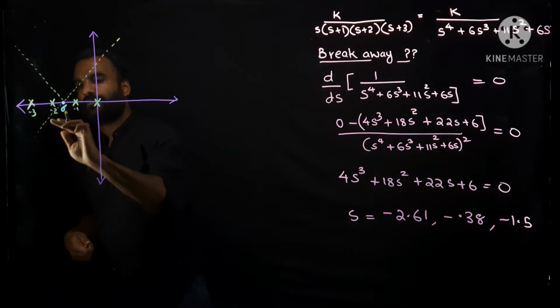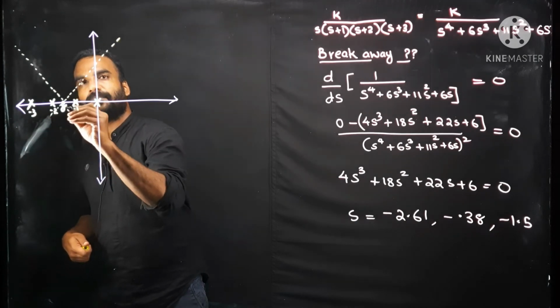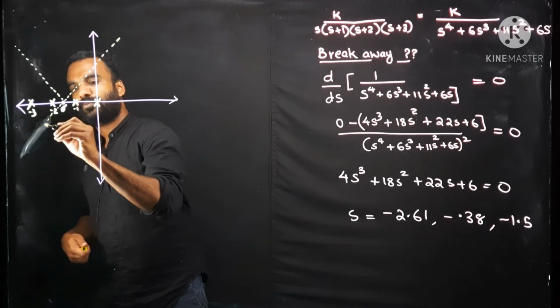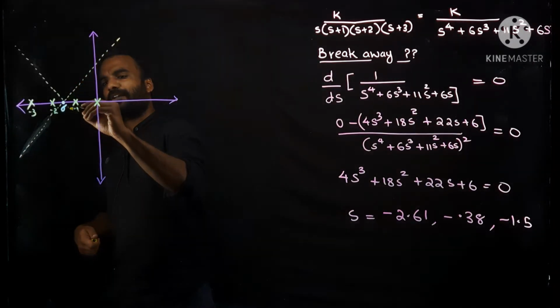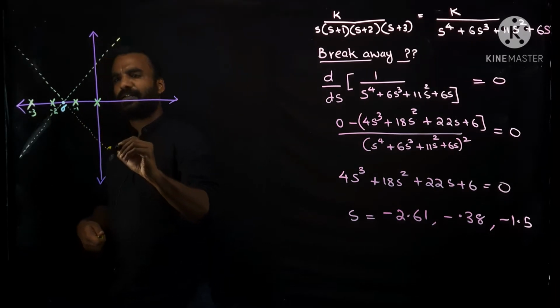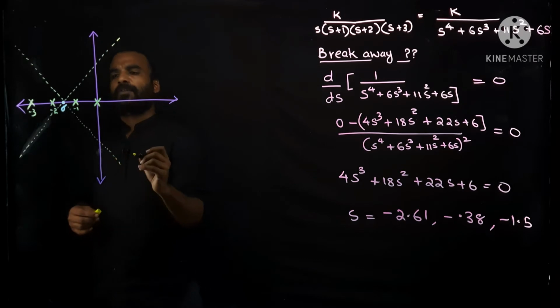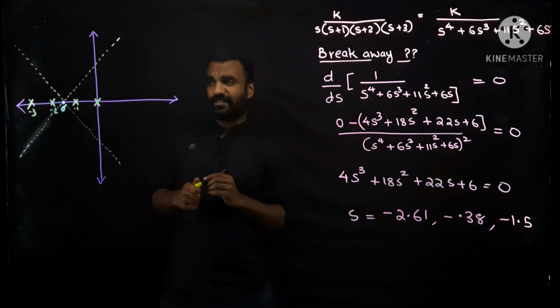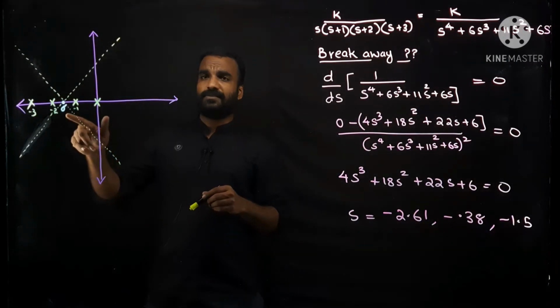It should be like a cross mark. If you have a protractor, then you can measure the angle and draw for the exams. Then it will look more beautiful. Okay, these are the asymptotes,